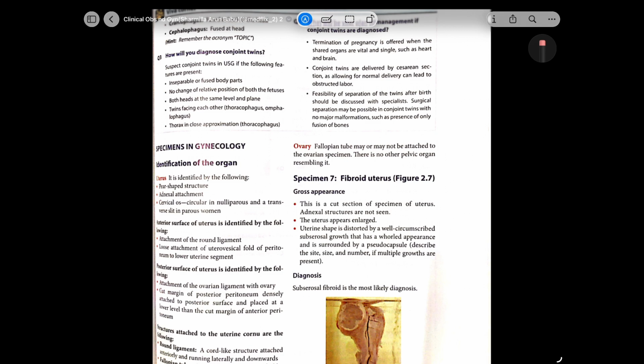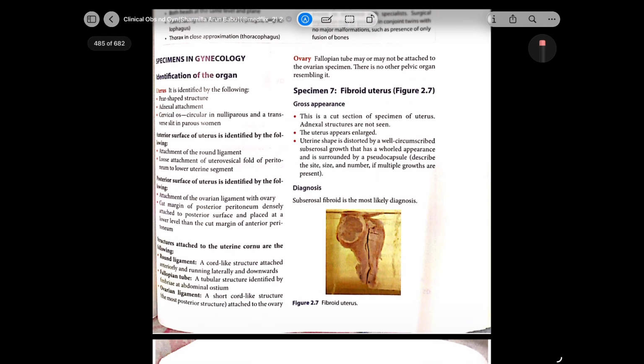Anterior surface of uterus is identified by the following: attachment of the round ligament, loose attachment of the uterovesical fold of peritoneum to lower uterine segment. Uterovesical, obviously. Posterior surface of uterus is identified by the following: attachment of the ovarian ligament with ovary, cut margin of posterior peritoneum densely attached to the posterior surface and placed at a lower level than the cut margin of anterior peritoneum. Structures attached to the uterine cornu are the following: